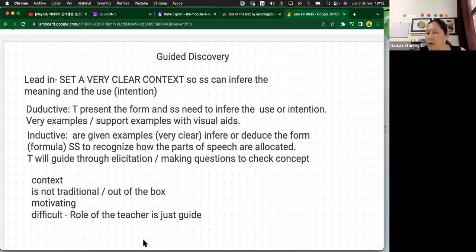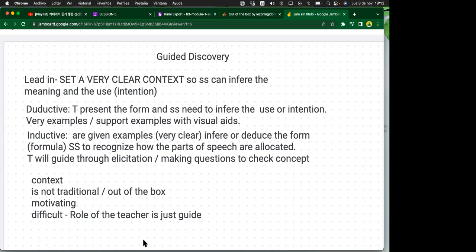Questions about guided discovery? Questions about the difference between deduction and induction? No, teacher. No? Okay, very good. Now,